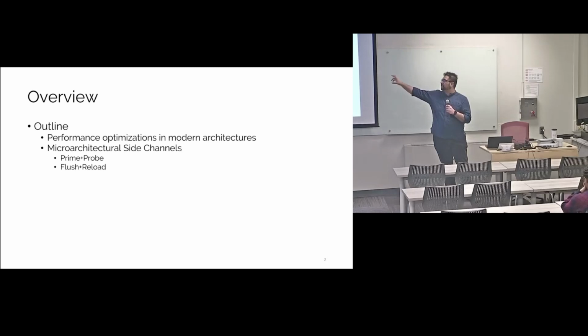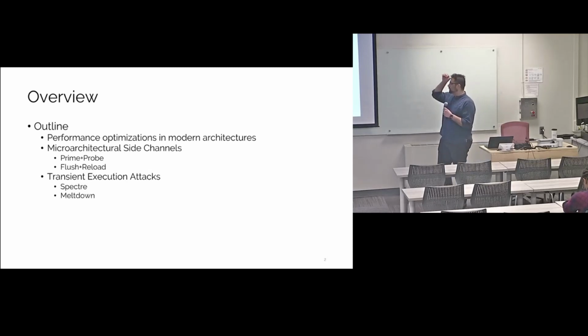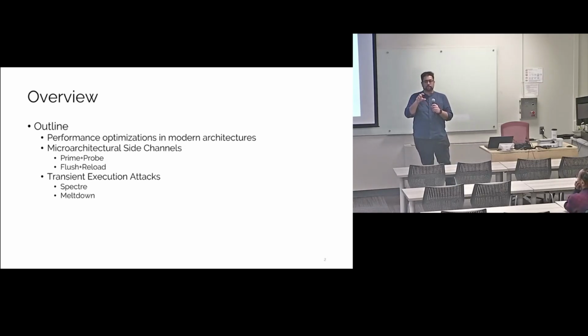I believe these should cover enough information in the microarchitectural side channel domain that you should be able to understand any other variants that you come across. I list a few of them and we'll briefly discuss them as well. Then we'll move over to transient execution attacks, specifically Spectre and Meltdown. There are several of them, but we only have so much time. And in Spectre, we'll take a look at an actual example, which works. We'll take a look at some code and go over some interesting bits of that code